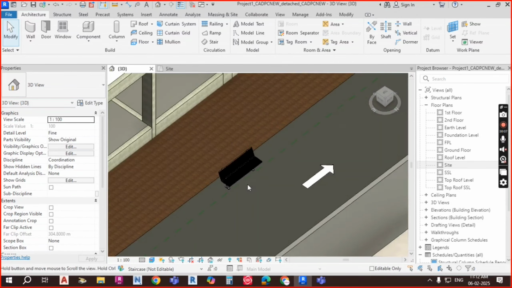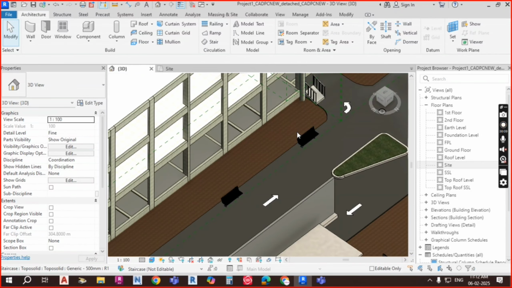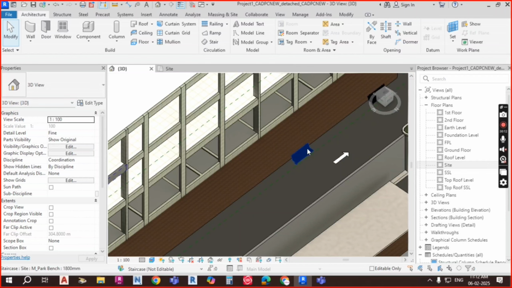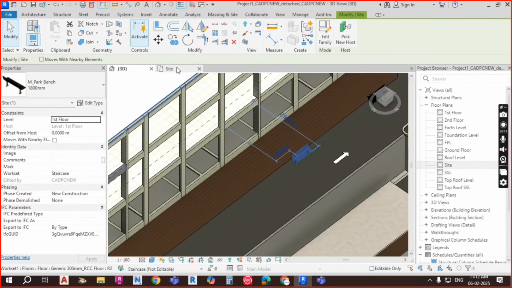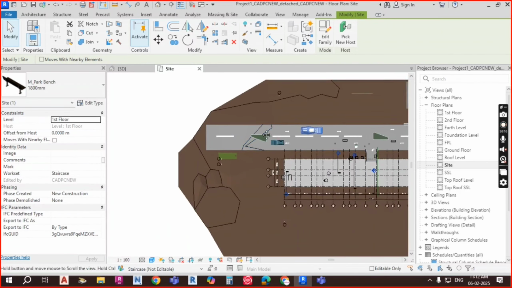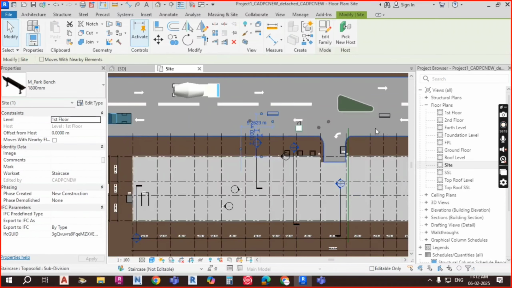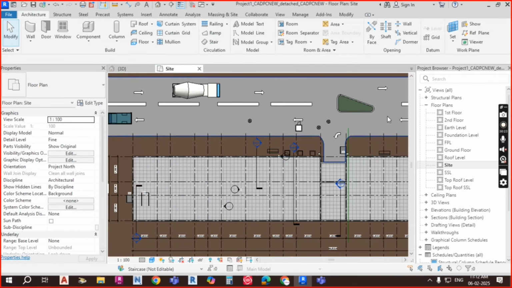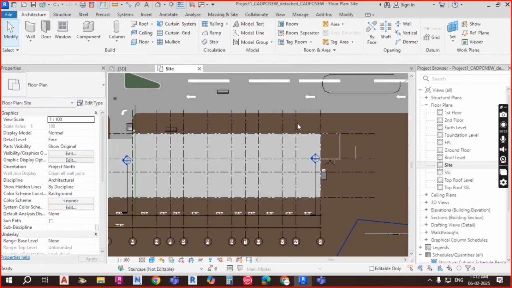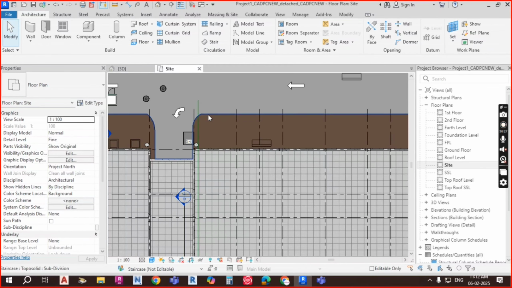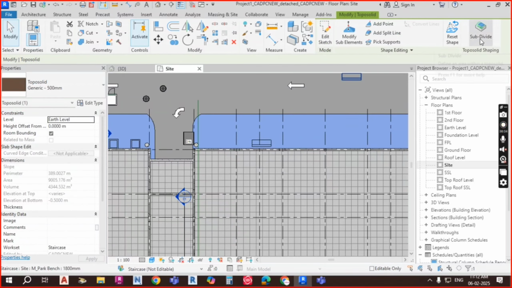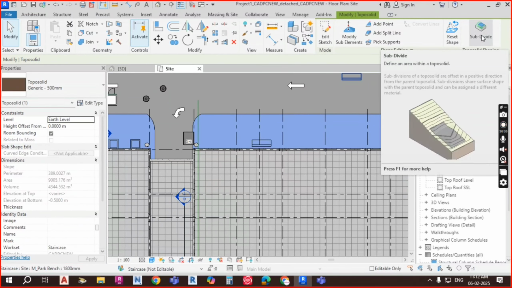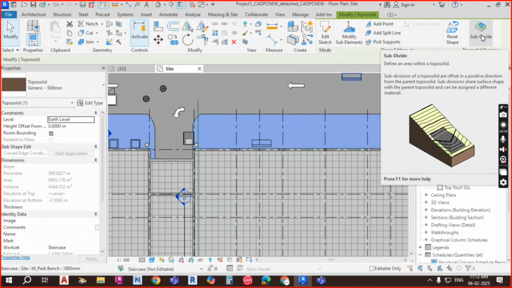Now, sir, here in this part I want to put some grass. Alright, if you go inside the floor plan top view, you can see where you want to place it. Now this is the bench. Okay, this bench has been placed here. Now in this area I want to put some grass. So again, you have to go here, Toposurface, and you have to go to Subdivide. Okay, so just click on Subdivide